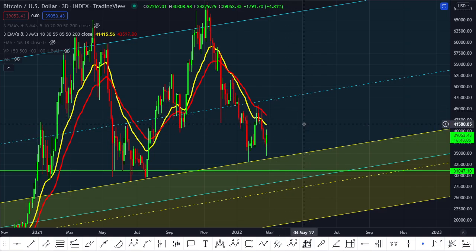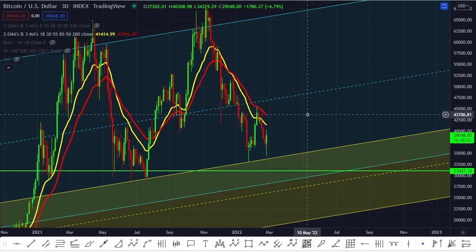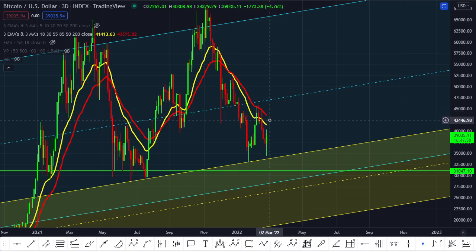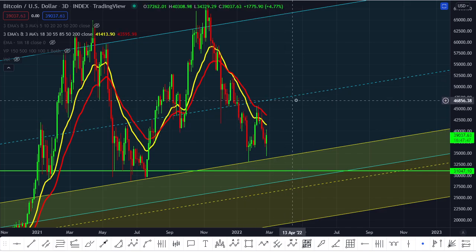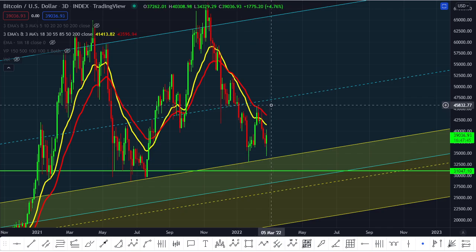So the 3-day EMAs are coming in around 41,500 and 43,760. By the way, these keep moving, so these numbers will change. Till that happens, I still expect another drop, basically. The only way this scenario gets invalidated and we have a bullish scenario is if we start to close above